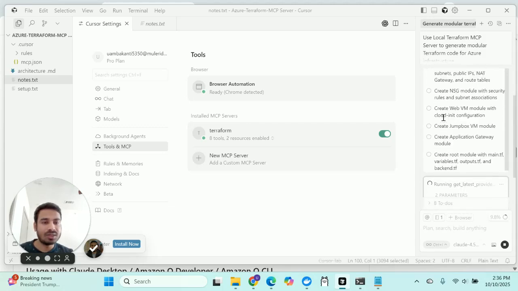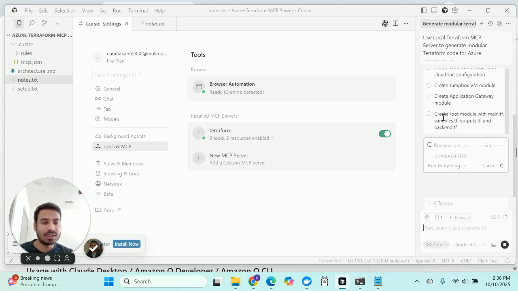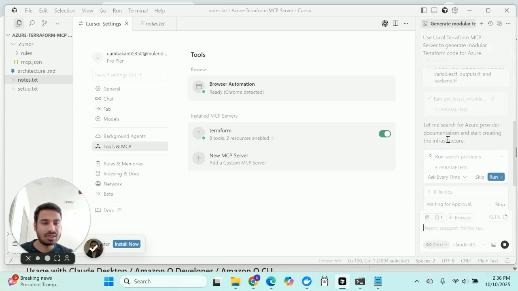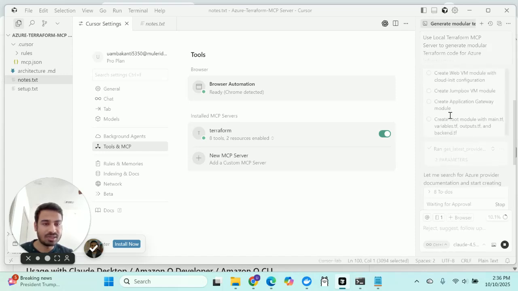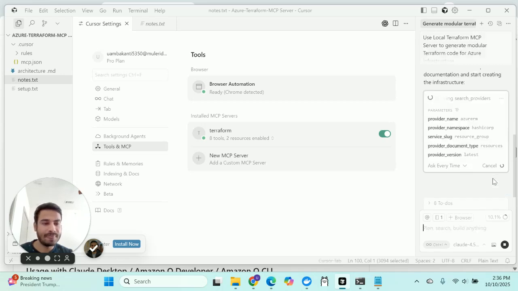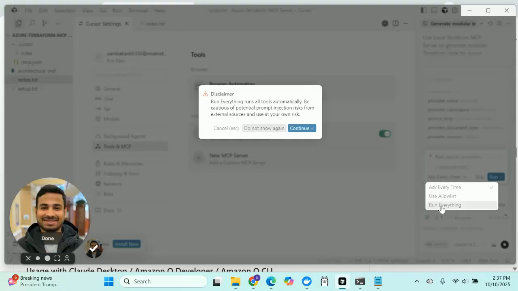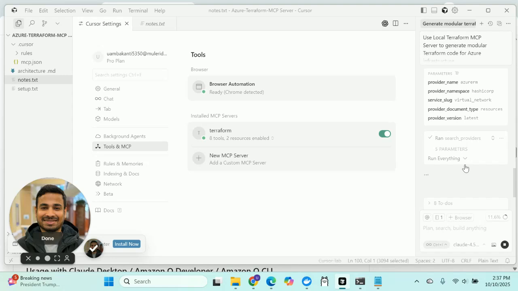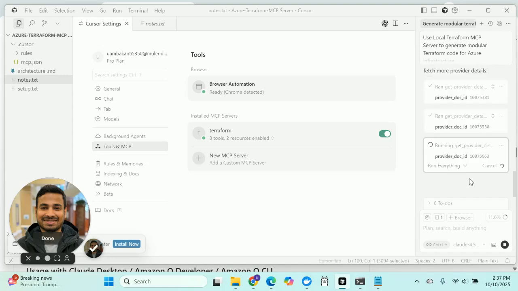So it took our prompt. Okay. Ask every time. So it's basically running our MCP tool. If you see here, now it wants to search providers for each of the services. I'm going to say run everything. Yeah, continue. So it doesn't ask me the